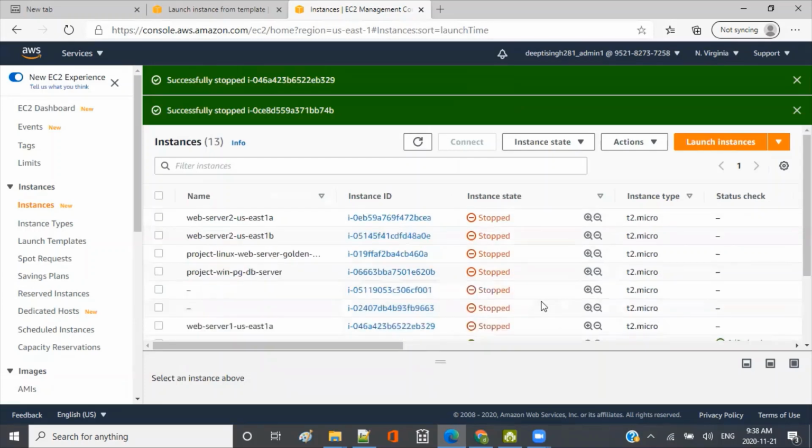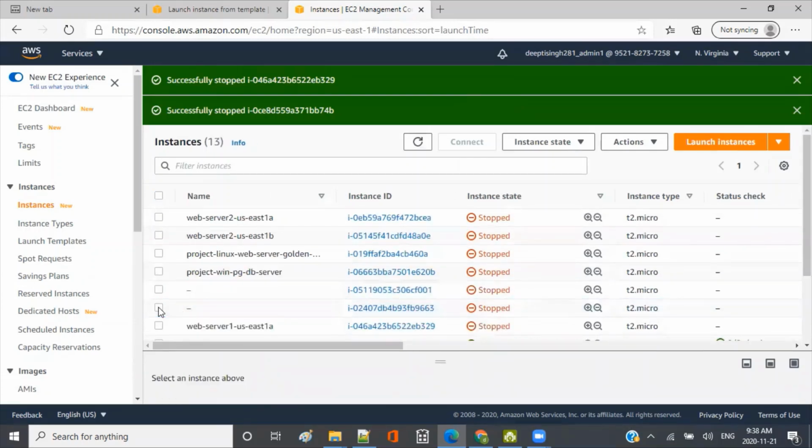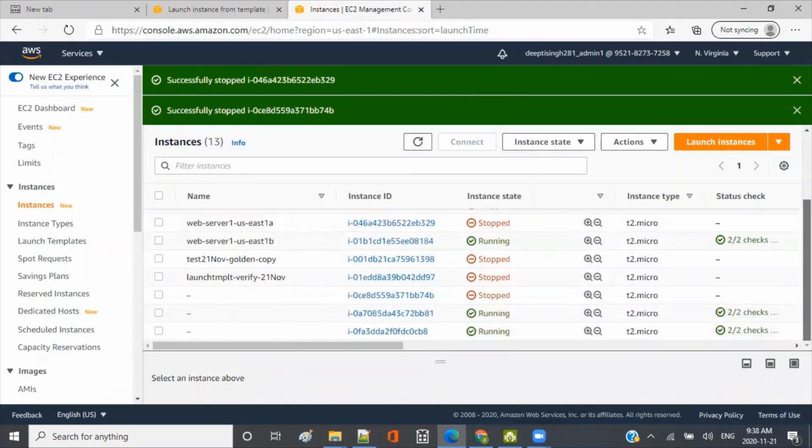It is stopping. So what auto scaling does is, if something has been stopped or crashed, it will terminate that instance, right? After some time you will see this one automatically go into the terminated state, and it will be gone from here. Okay, this is an important step.